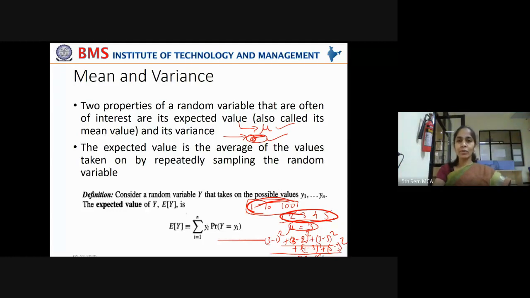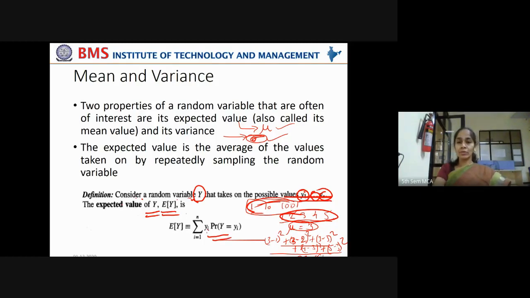Okay, so what is the formal definition given for this? Consider a random variable y that takes on the possible values y1, y2 and so on up to yn. You don't know the random variable's value, what value it may take, until you perform the experiment. That is why it is called a random variable. Okay, but we are considering that it may take possible values y1, y2 and so on up to yn. Then the expected value of y, or we can also represent it as E of y, which is called the mean value of y or average of y, and that is calculated by